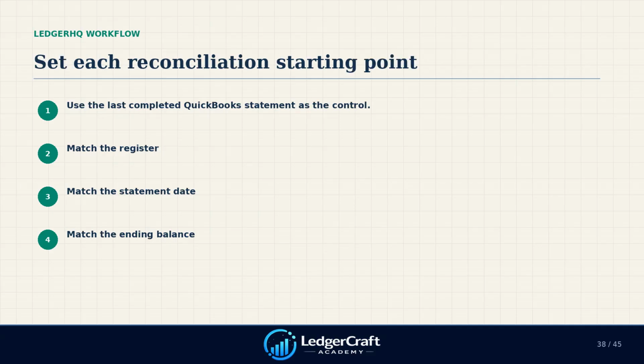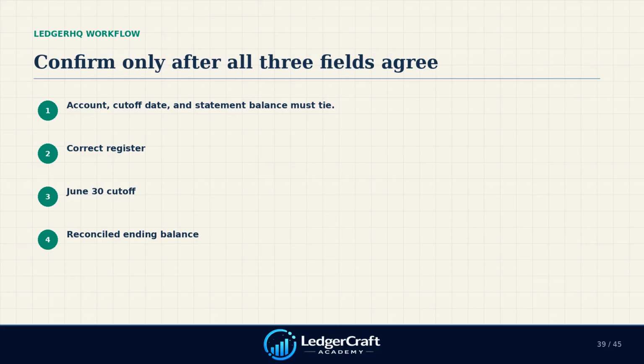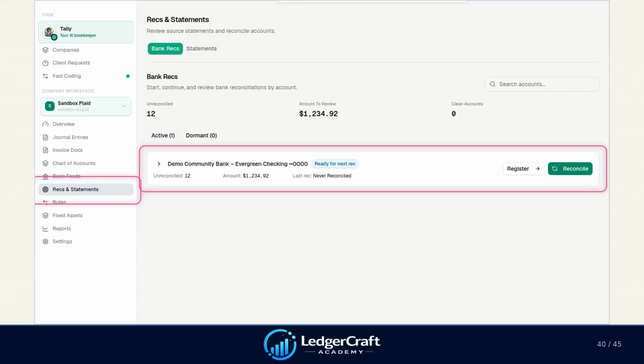Next, open settings. Choose Import and Export, and review the proposed starting point for each imported bank and card register. When the register, June 30th statement date, and ending balance all agree, confirm the setup for that account. Now return to Sandbox Plaid. Open recs and statements, then bank recs. The account row is marked Never Reconciled, so confirm its starting point before treating the next month as ready to